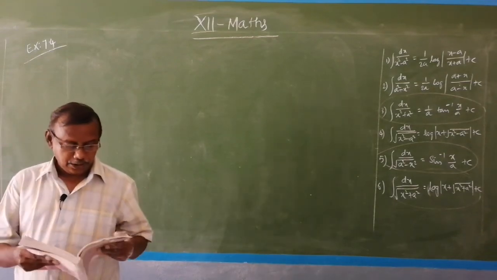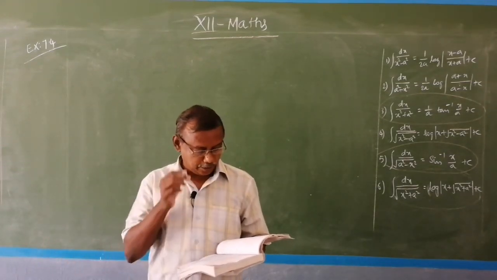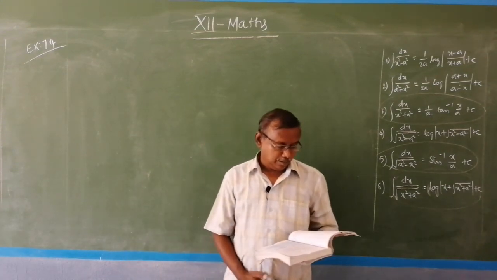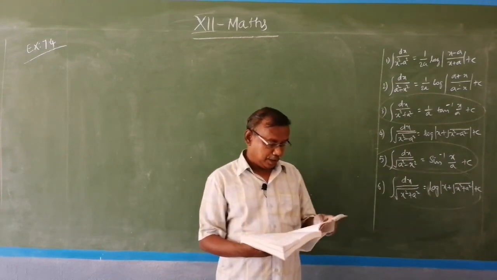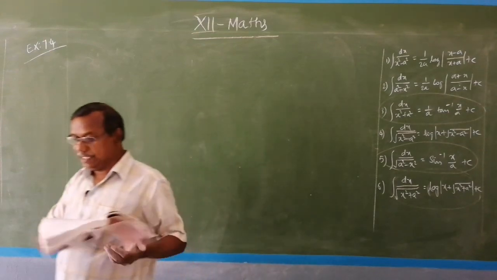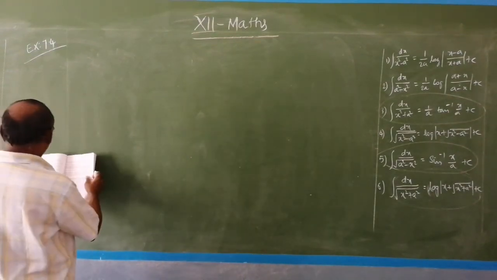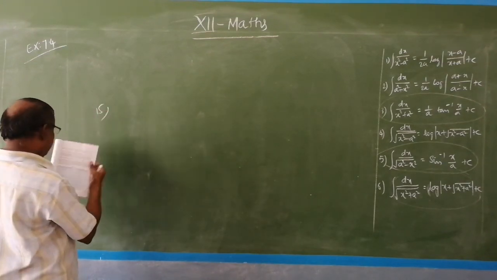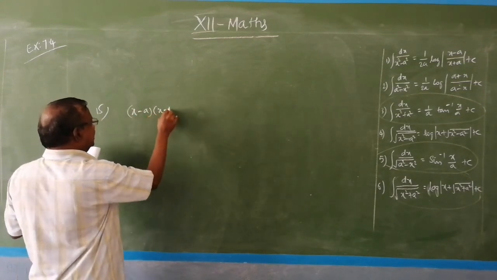Dear students, in the question number 13, it is 1 by root of x minus 1 into x minus 2. So expand this and you will be getting a quadratic equation. By completing the square method, you can bring it to any one of these forms. And 14 also, 15 also, x minus a into x minus b. We have an identity. So 13 and 14 you do; in the question number 15, we have in the denominator x minus a into x minus b.